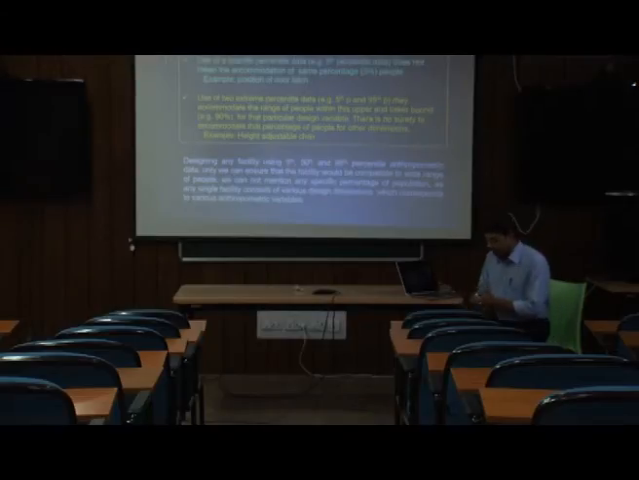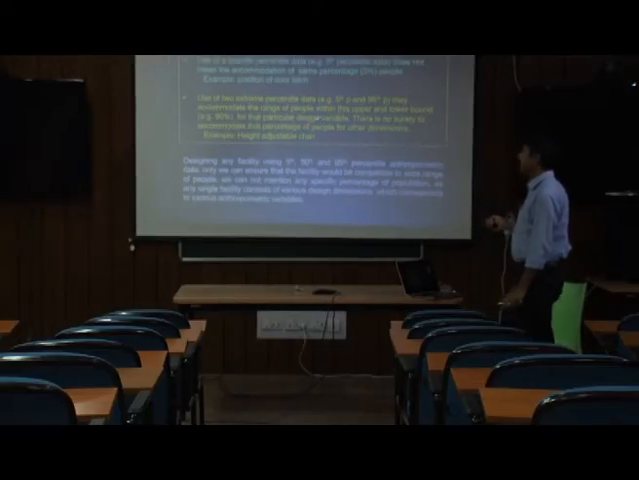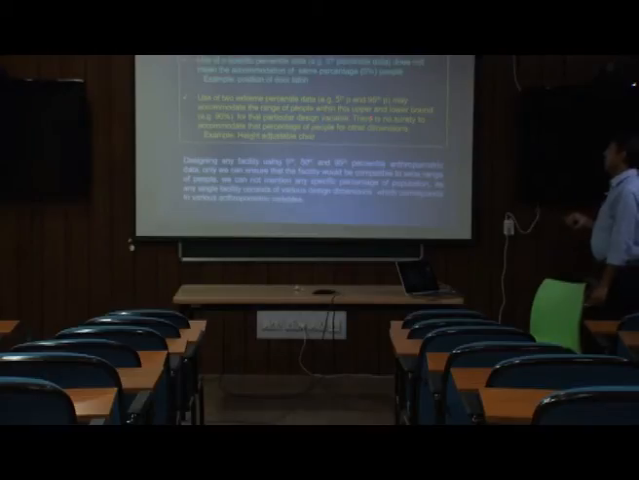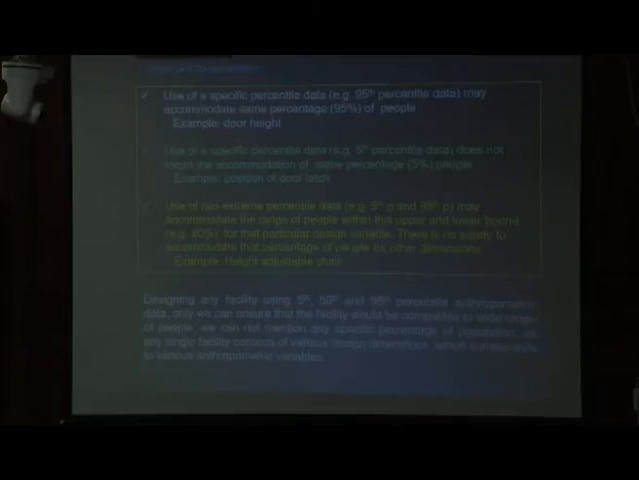So using 5th percentile and 95th percentile data for a particular design dimension, we are actually covering 90% of the population. From these three examples, we can conclude that using a specific percentile data does not always mean that we are accommodating that particular percentage of the population. We may use 5th percentile data, but actually we are accommodating, in this case, 95% of the population. On the other hand, we use 5th percentile and 95th percentile data for the same design dimension, and we are accommodating